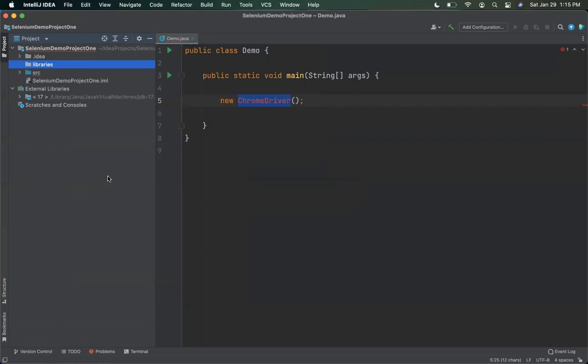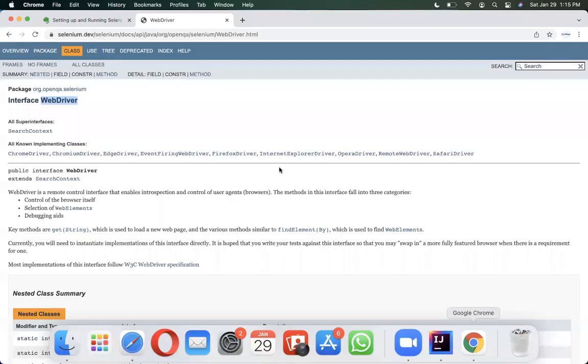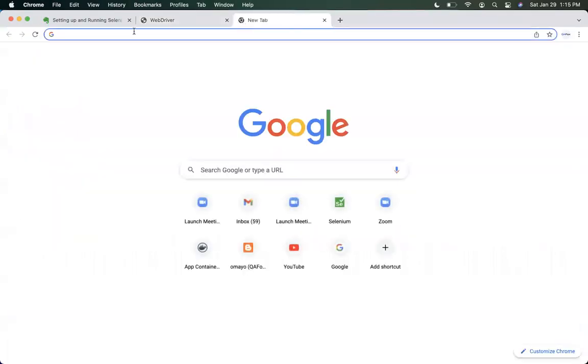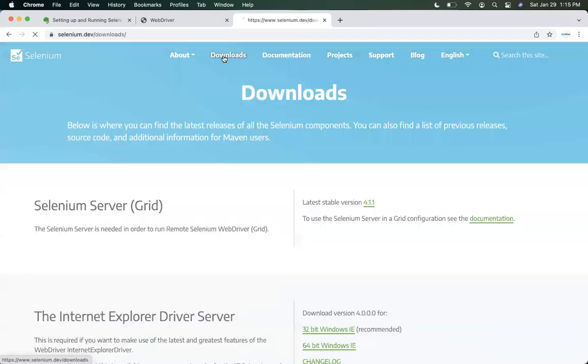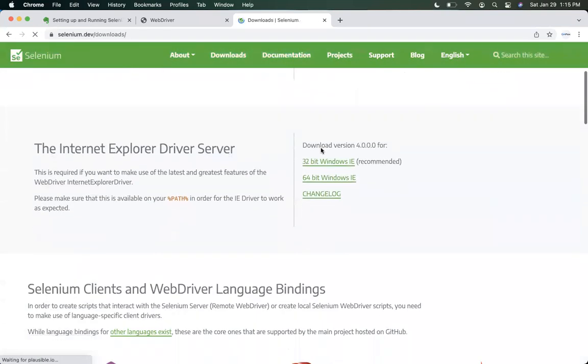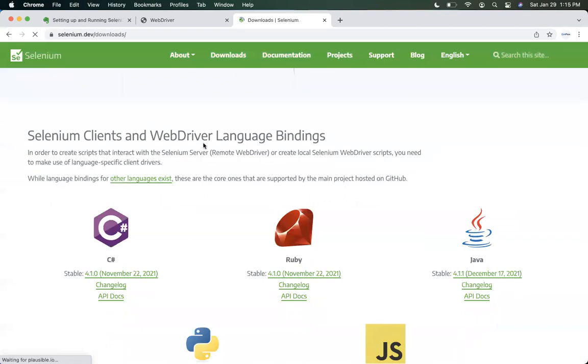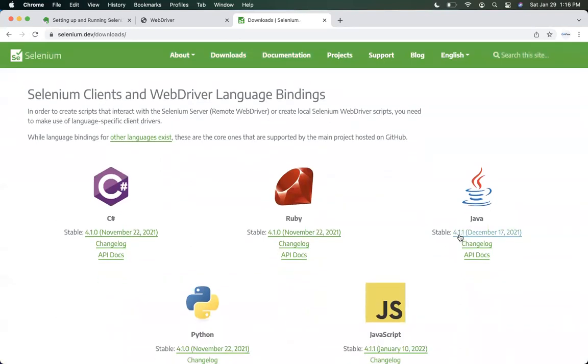From where can I get the libraries of Selenium? For that, again, we have to go to the official website of Selenium, that is selenium.dev. I'll go to the downloads, and here go to the section Selenium WebDriver language bindings. Here, Java is there. The latest version of Selenium WebDriver as per today's date, January 29, 2022,